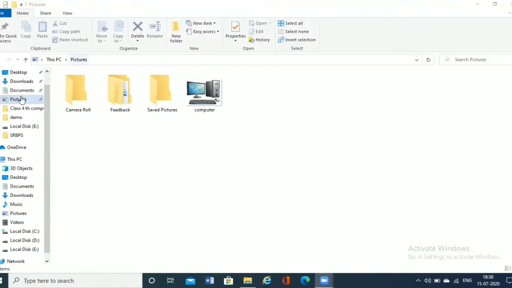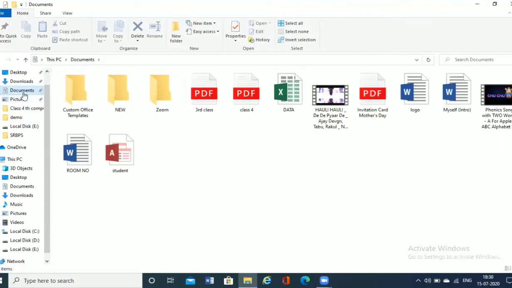Everyone, kindly please see here. If I want to actually move a particular file from one position to another, for example, this is a file named My Intro. I hope everyone is able to see this file. Now I want to shift it to some other location.